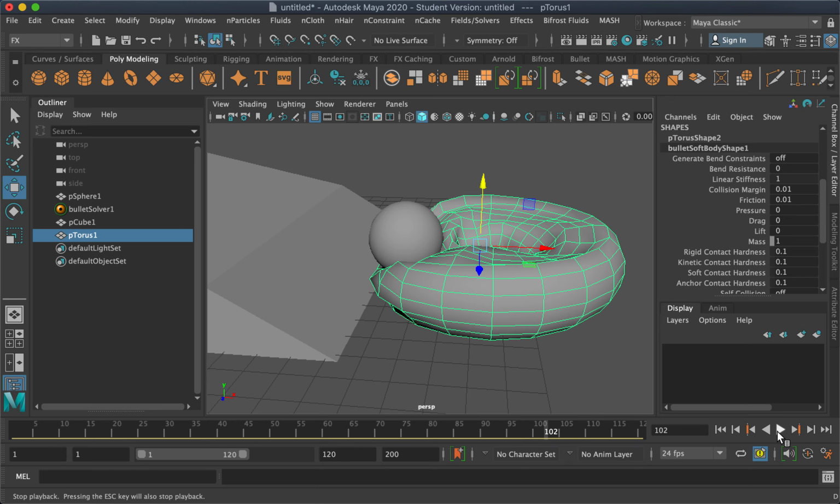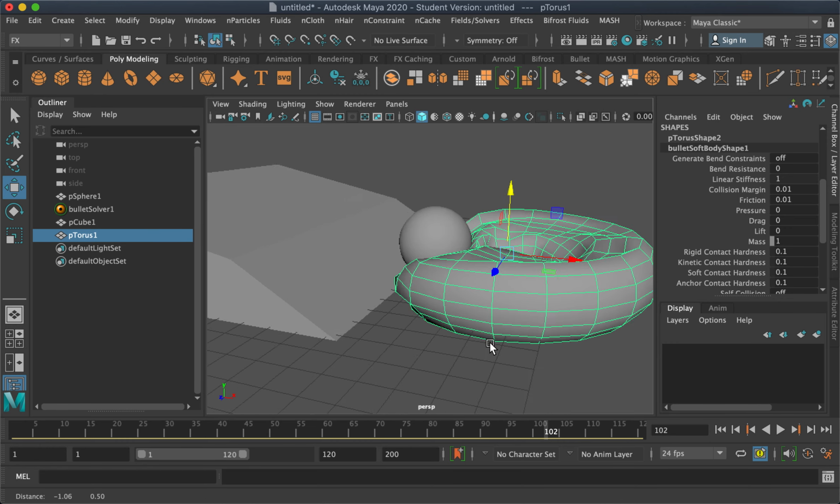So why do we have this kind of simulation? Well, we can animate this frame by frame, but it will be very difficult to replicate the gravity, the speed of the object falling down and sliding on the ramp, and affecting this object.